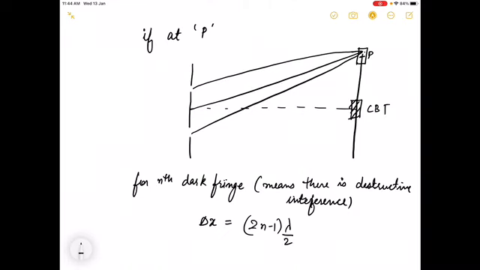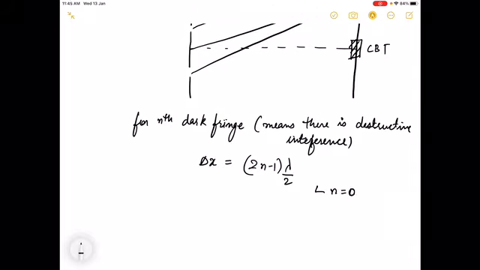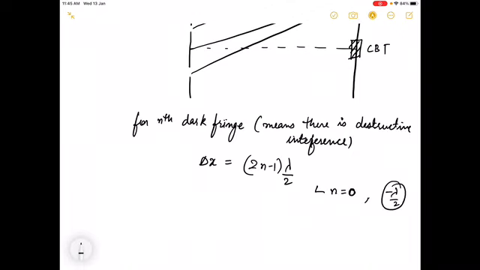Okay, so in the previous video, if you guys might be wondering, in the previous video I talked about, okay, you have to understand, when I say 2n minus 1, my n is actually starting from, कहाँ से start हो रहा है? n is starting from 1, right? You cannot start here by 0, 0 से start नहीं कर सकते. Why? Because when you start by 0, the first term comes out to be minus lambda by 2, which we do not take, right?